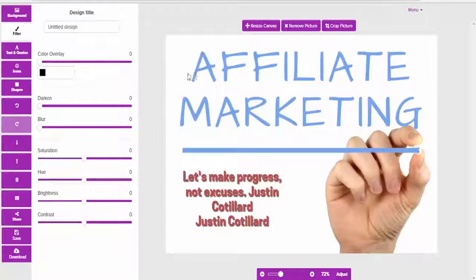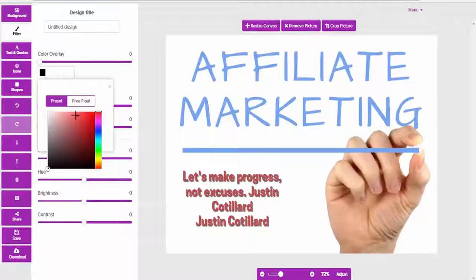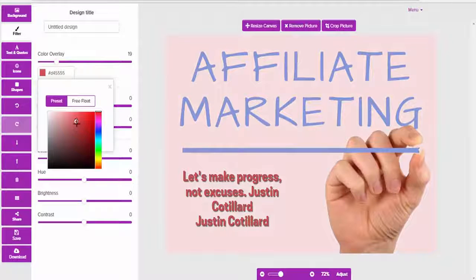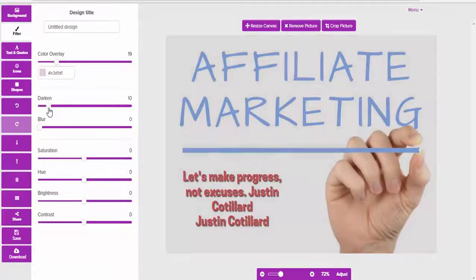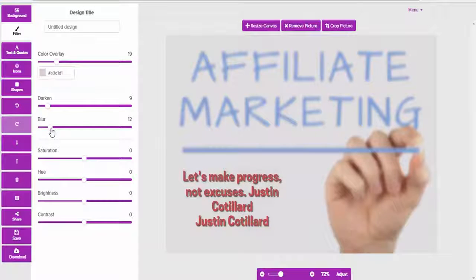But you can also add a filter to the entire image. So for example, you can add a color overlay like this. For example, let's find something a little bit prettier like that, more subtle, and then you can darken the image as well, and you can blur it as well. You can saturate it and play around with the hues and the brightness and the contrast. So you can do all of that within the image, and then once you